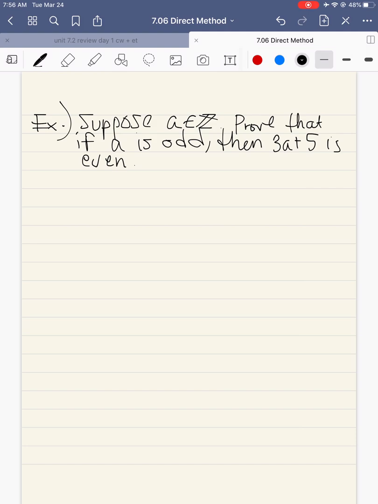So let's just go ahead and assume a is odd. We write this out with proof, and then we assume the if part. So assume a is odd. And after we've made an assumption, we want to hit this assumption with a definition. So we just defined what odd means. So we can say by definition of odd, and I always abbreviate definition with def here. So by definition of odd,